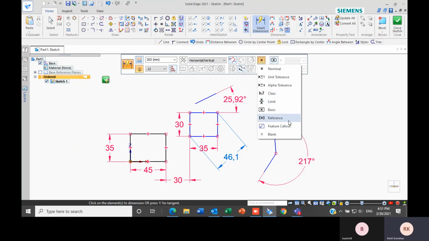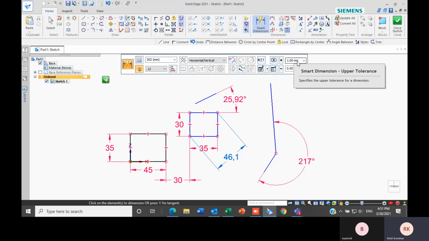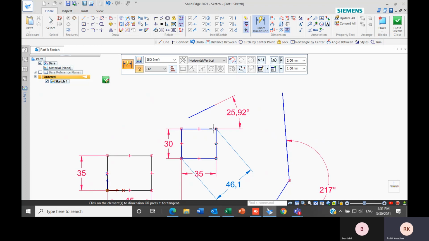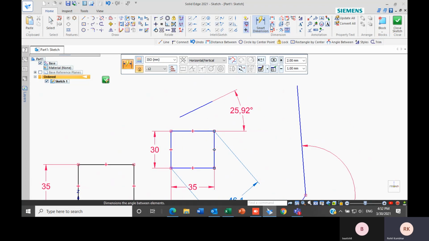Then I can provide the limit for it. I can create the reference for it also. Let's say I create a unit tolerance dimension, and let's say I want +2 and -1 tolerance for it. And let's say I will create dimensions for this one and use smart dimensions.